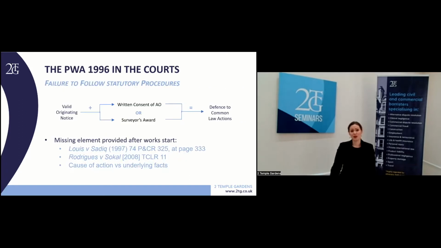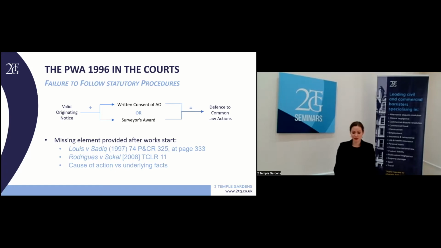Now, as we've just seen, the Party Walls Act provides a comprehensive dispute resolution scheme for cases which fall within its purview. But that doesn't mean that cases involving party walls never bother the courts. The first typical scenario where cases will end up in the civil justice system is where the building owner hasn't followed the notice procedure set out in the statute. If we're in a situation where work has been carried out, but an originating notice has never been served at any stage, there the building owner is in difficulty.